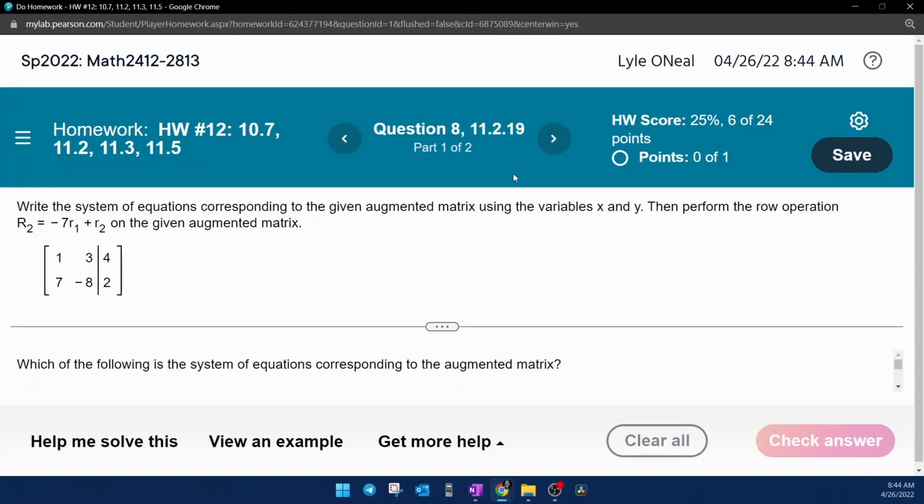All right, here we go. Question number 8 from our Precalculus, homework number 12. In MyLab Math, they want us to write the system of equations corresponding to this augmented matrix. They tell us to use the variables x and y, and then we're going to perform the row operation they've